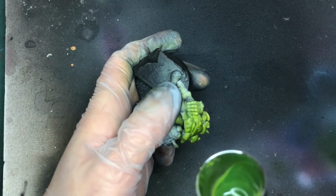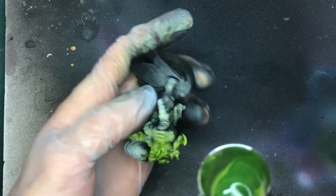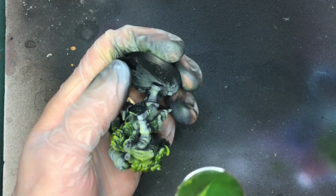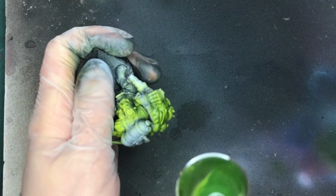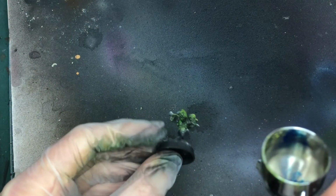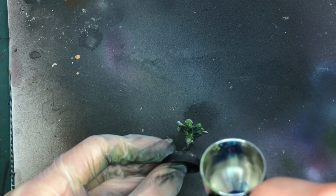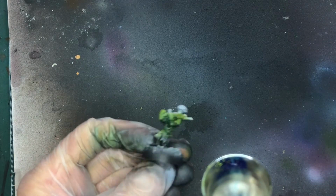When that's all done, there's one more coloured stage, and that is to use some kind of darker colour to colour our shadows a little bit and just bring out that definition a little bit more. In the real world, there's basically no such thing as an absolutely black shadow, so if you want to give your model that extra oomph, a little bit more vibrancy, a little bit more realism,